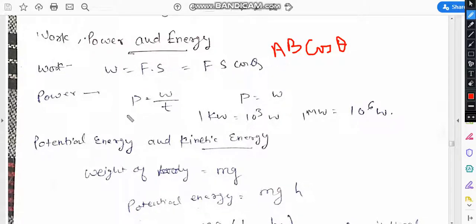What is power? Power is nothing but P is equal to W by T. Work done per unit time is power. What is potential energy and kinetic energy? So potential energy is nothing but mgh, while the kinetic energy is,